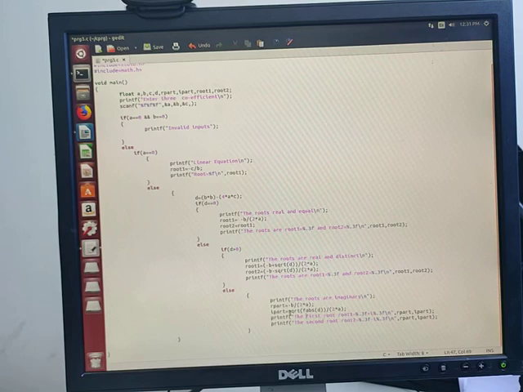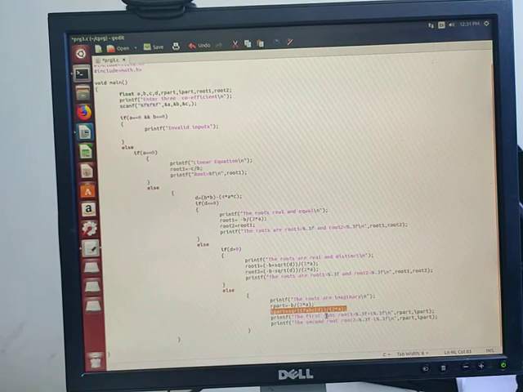So the imaginary part can be calculated using the square root of fabs of d, whole thing divided by 2a. The real part is just minus b by 2a. So this is the real part as well as the imaginary part.